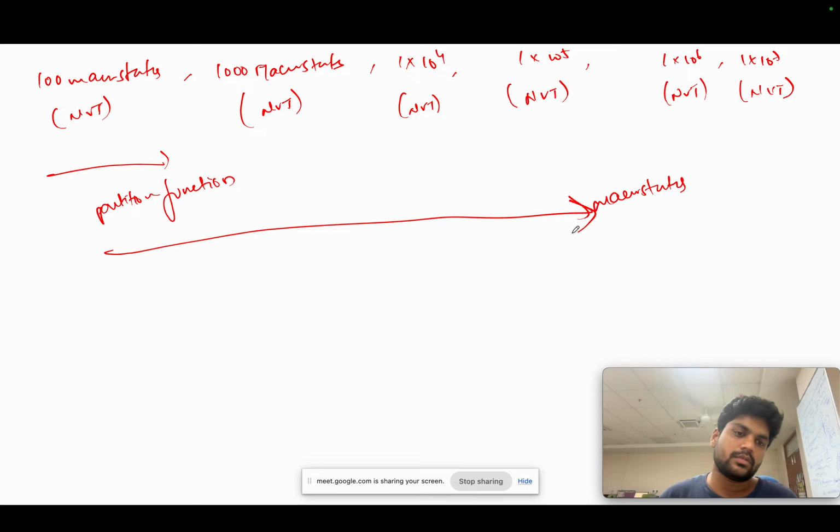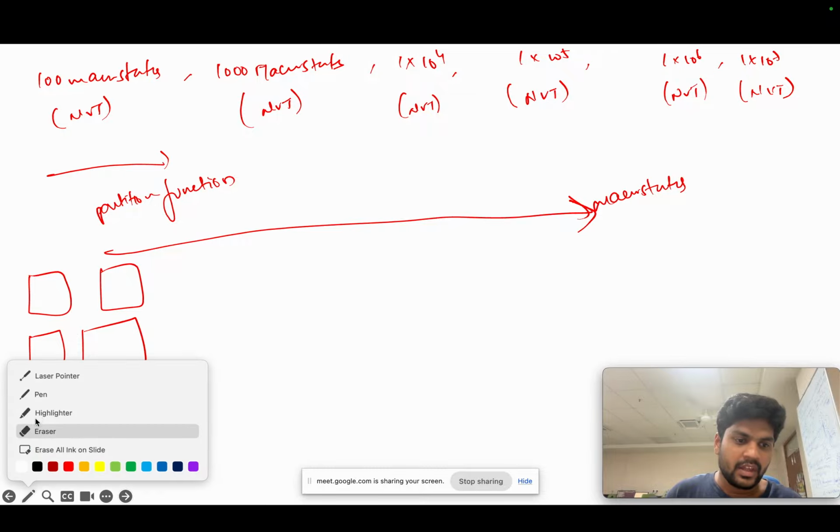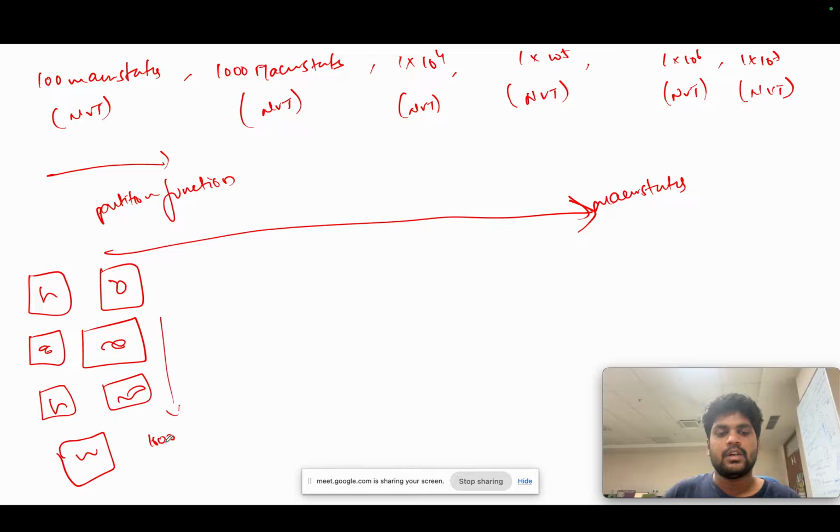So why I'm saying this is, suppose in the first state you have the system W, and in the second microstate you have this W, and in the third microstate you have this again. Assume that instead of this I am writing alphabets. Assume this is the protein. So the protein initially looks like this, then it changed to this, then this, then this, then it came again to this. So like this, if you take 100 structures,